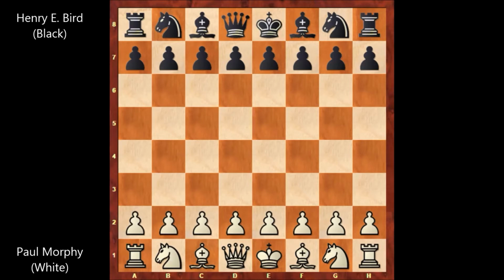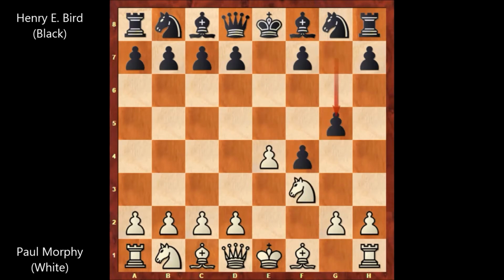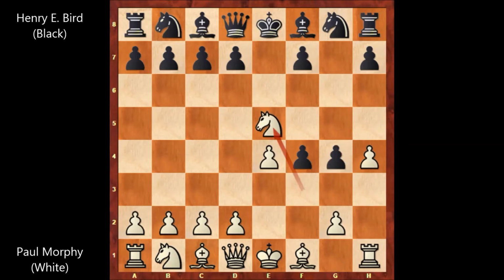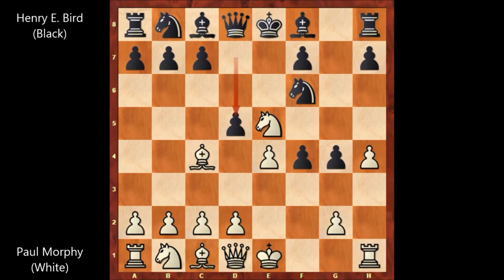Paul Morphy starts the game with e4, e5, f4, King's Gambit accepted, knight to f3, g5, h4, g4, attacking the knight, knight to e5, knight to f6, bishop to c4, attacking f7, defending d5. A standard defense, so Paul Morphy captures the pawn, e takes on d5, bishop to d6, attacking the knight, d4,